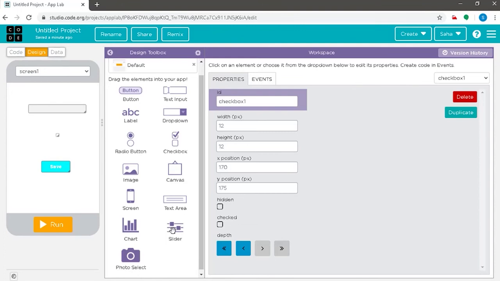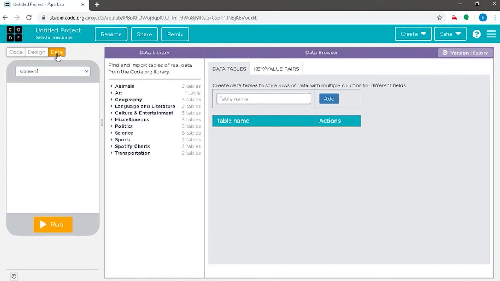Like how you have switched on to the design platform by clicking on design, you can switch on to the data platform by clicking on data.